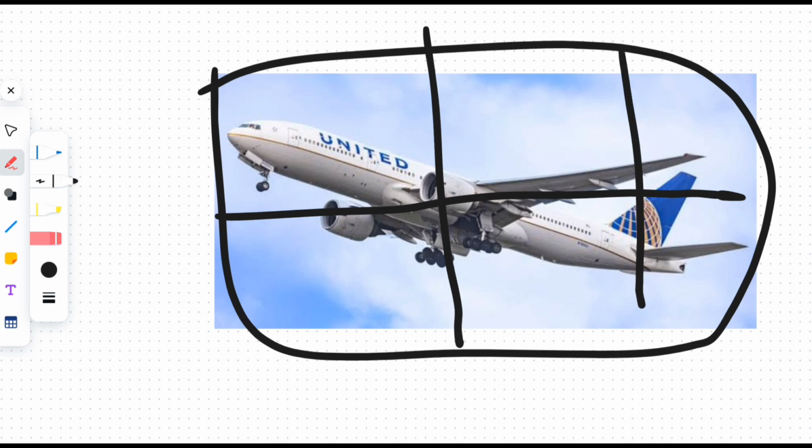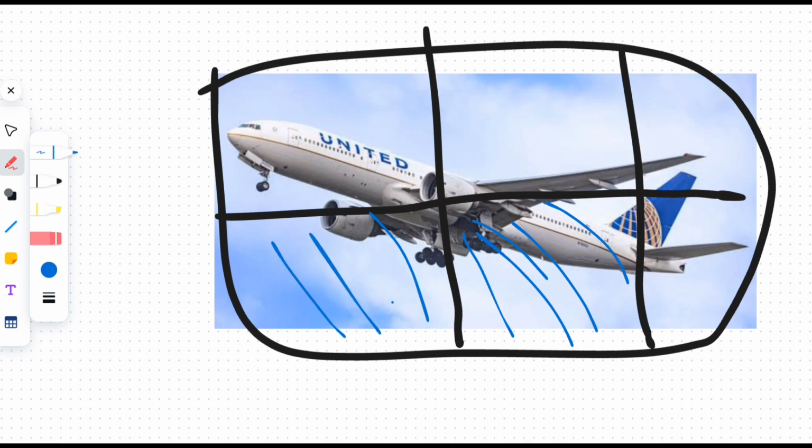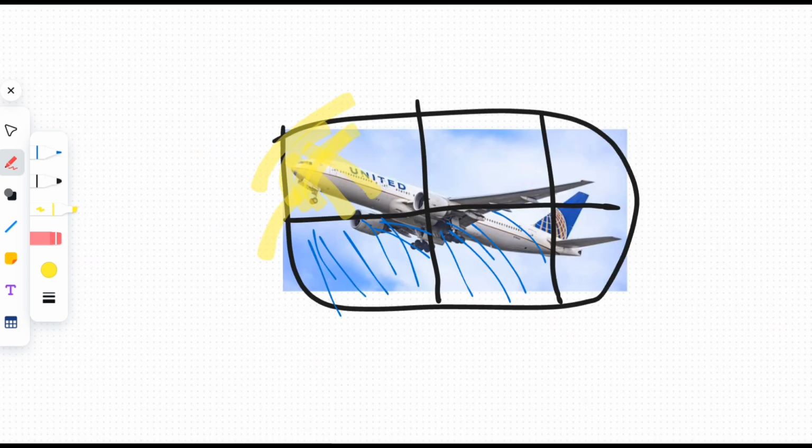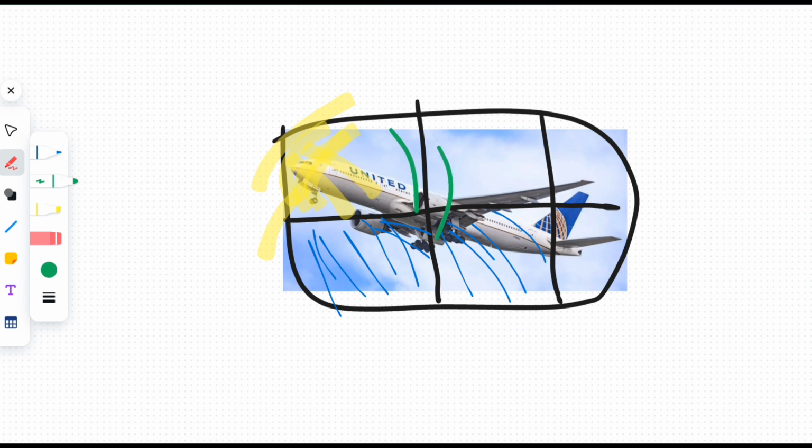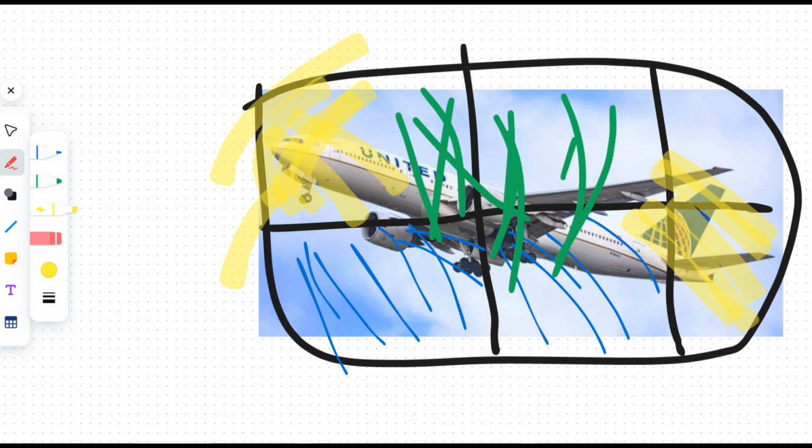So I have made a box. I have made six columns for it. So we will be studying the powerful airs. This is the centrifugal force of it. How the plane works, we will be studying in this video. If you see the airs, the blue one is centrifugal, the yellow one is normal wind, and the third we will be doing is gravitational force air, which is colored in green. So remember it if you have a note or something. And again the yellow one is the normal wind. If these two are the same, I will color them in the same color, so it would be easy for you to understand it.